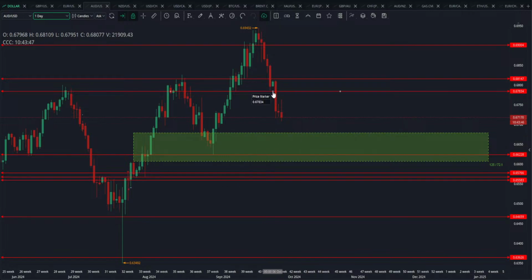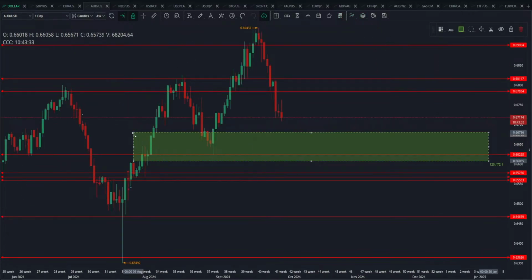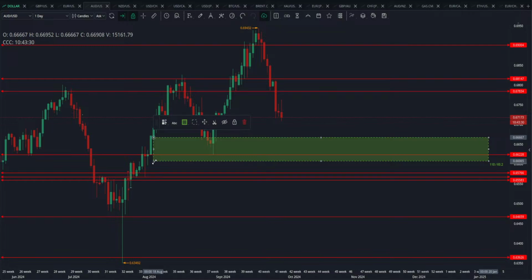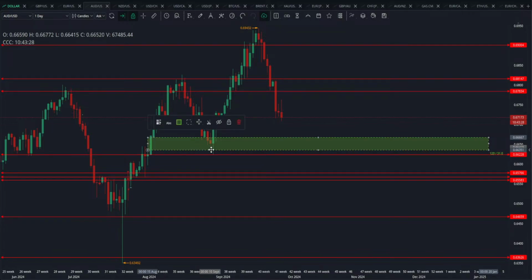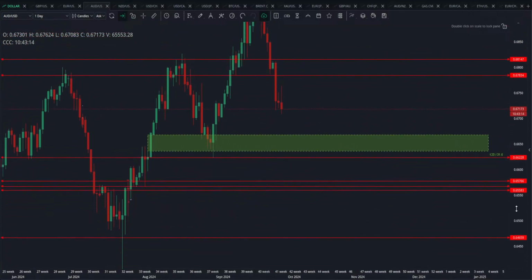In the daily, it has given us a fair value gap, has traded that fair value gap, is giving us a red. That means the price is going down now. This is the fair value gap which may stop the price because it has not been closed properly. You see, there is a small gap left. So if the price comes here, it may again stop the price from going down. Although it has closed below the middle point of this, it has closed higher than the midpoint, so it is still an important level.